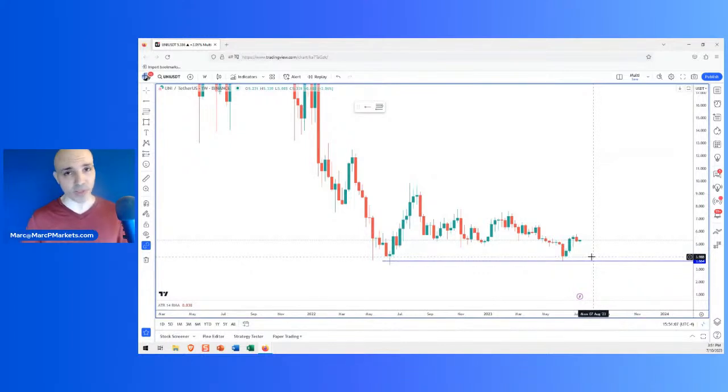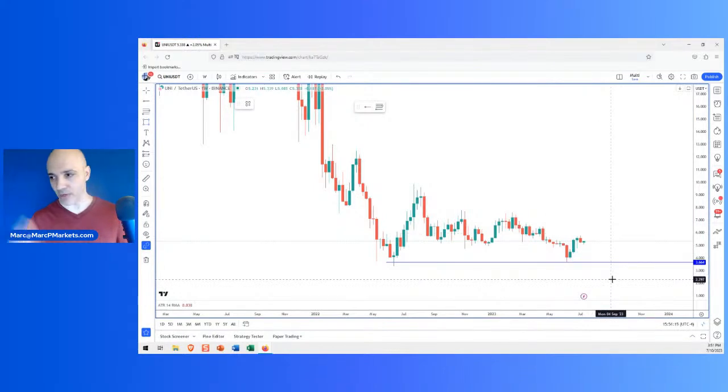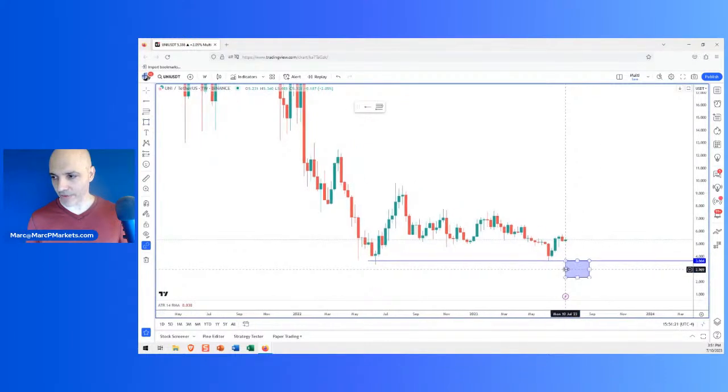I believe most of these are garbage and most of these will go nowhere. All right, that's what I believe. These are not investment grade assets, but maybe you have some inside information. Maybe you just like the project. Whatever it is, doesn't matter. The point is, if you're going to accumulate, wait for these levels.